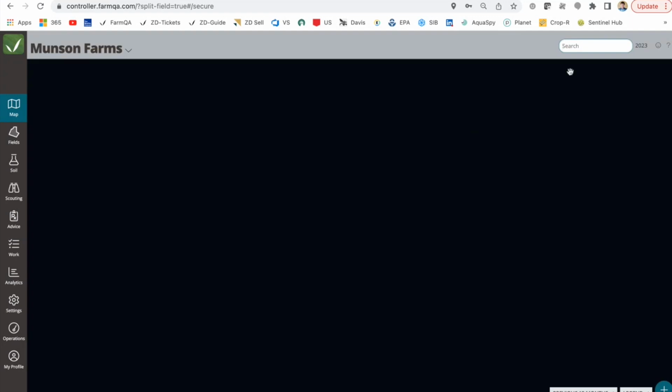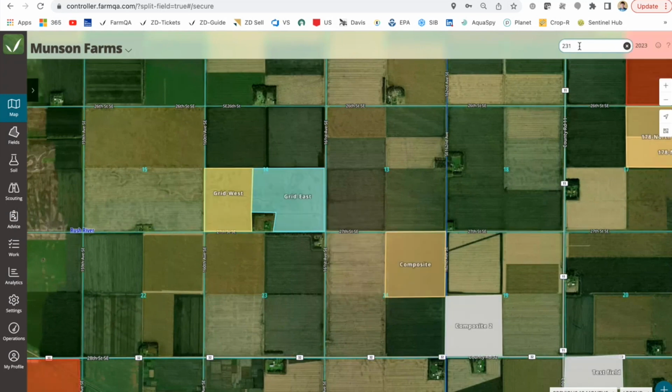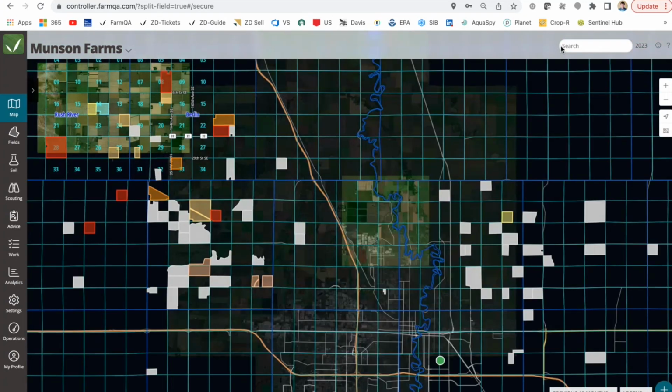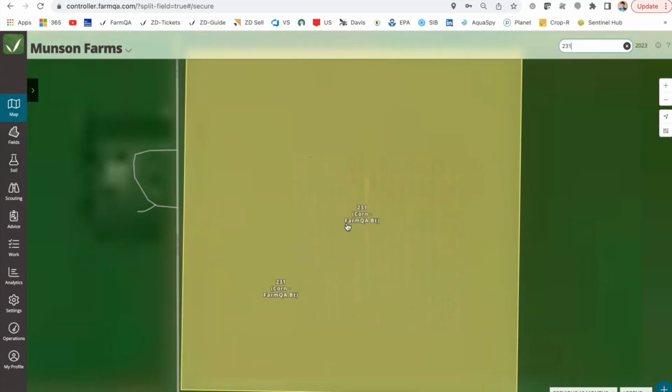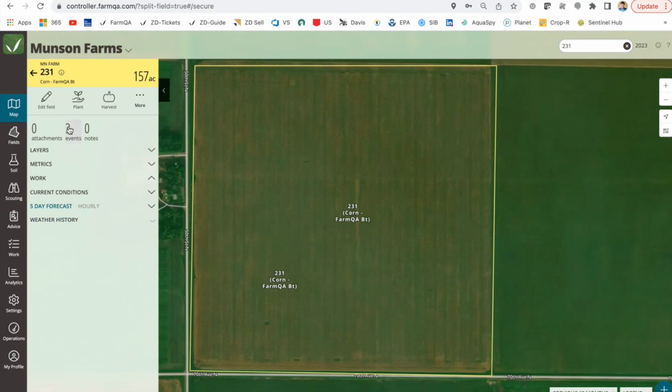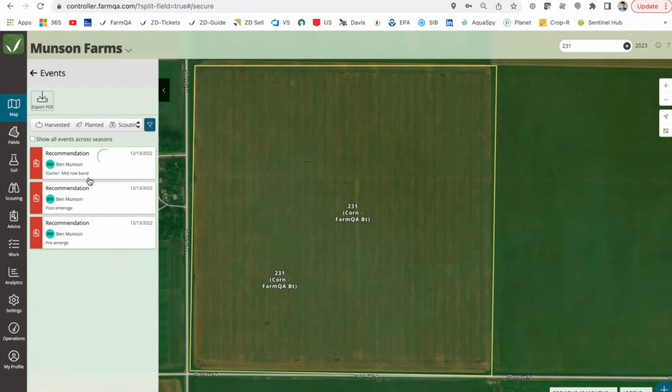One other way to get to that similar report is that if you come back to a field specific view, so let's go into 231, you'd be able to get into our field journal and generate that same report. So here's 231. I see the 3 events, and so these are those recommendation plans. But now if I export a PDF from this view where you're looking at the ledger of what needs to be done in the future, in this futuristic season,